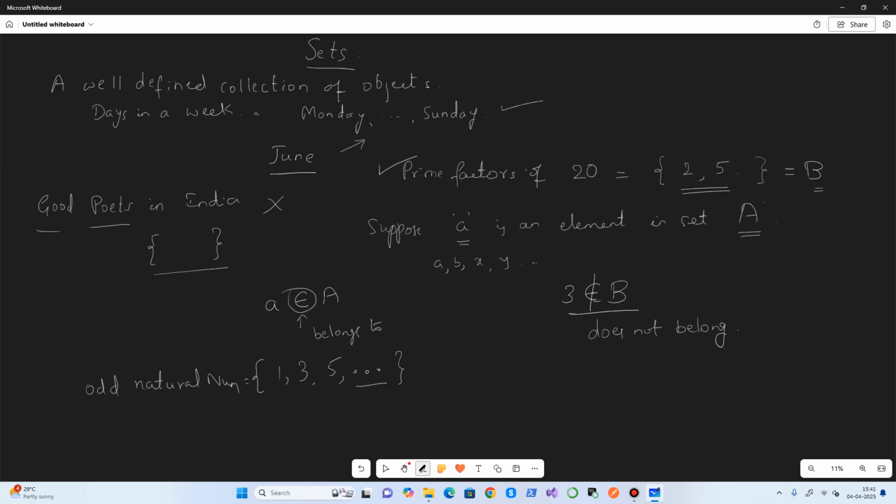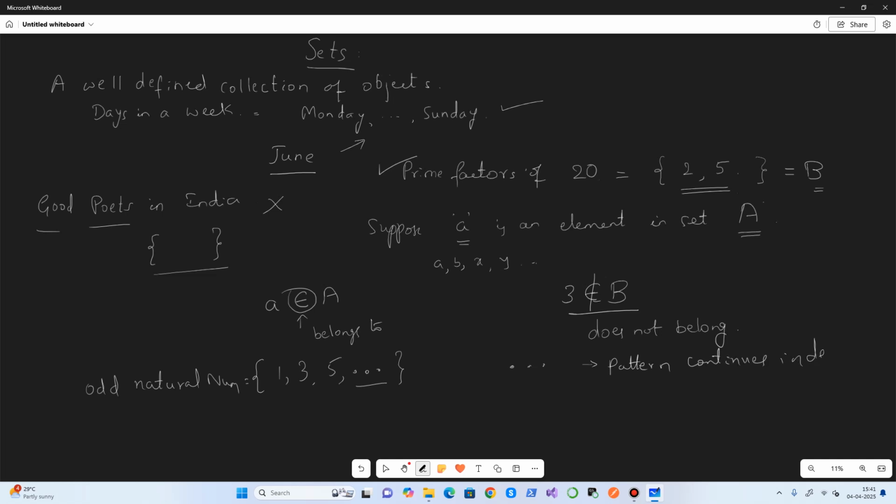When we use the dot dot dot, it means that this pattern continues. 1, then 3, and then plus 2, 5 comes, and plus 2, 7 comes, like that. This pattern continues. So dot dot dot means we say that the pattern continues indefinitely.